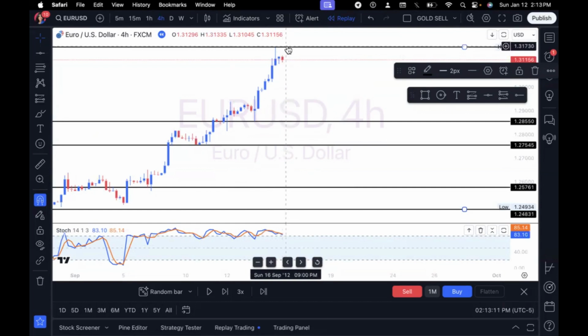And that would be the final thing I'm looking for. Is there a break of structure letting me know which way the market actually wants to go? Now, a break of structure would be if we can see the market is buying and selling within a particular zone, and then it literally has a break of structure outside of that zone,